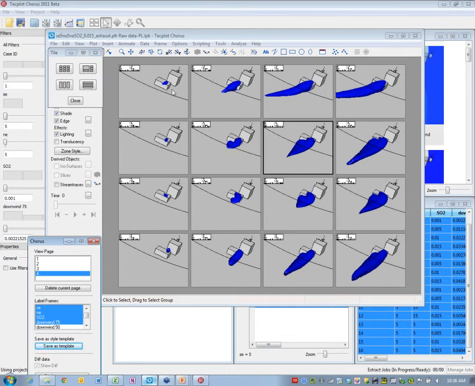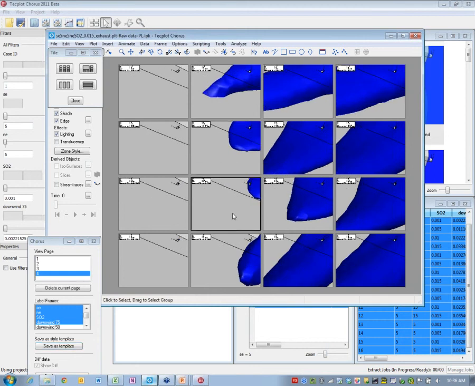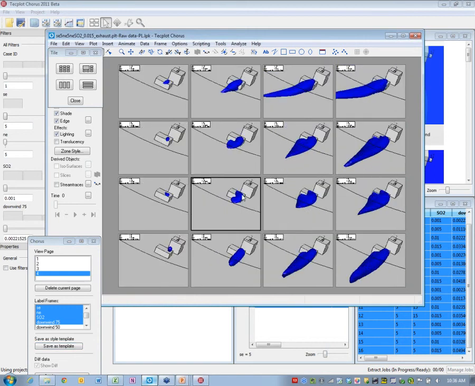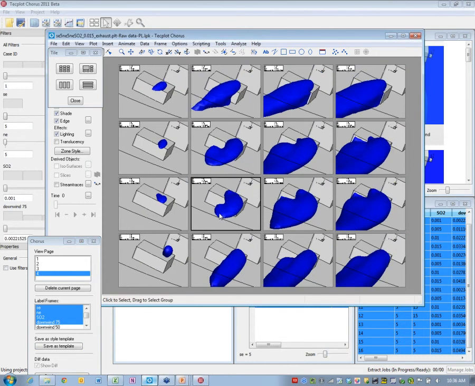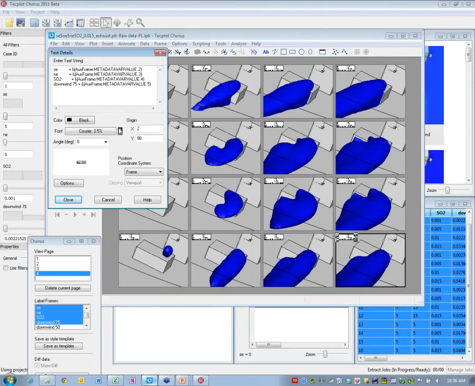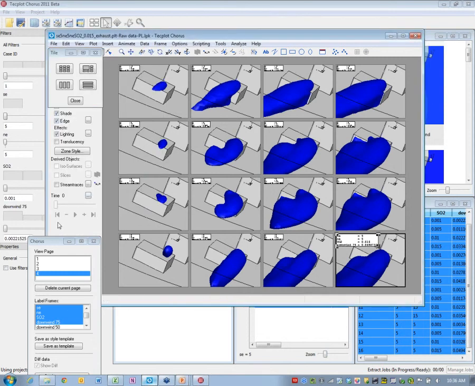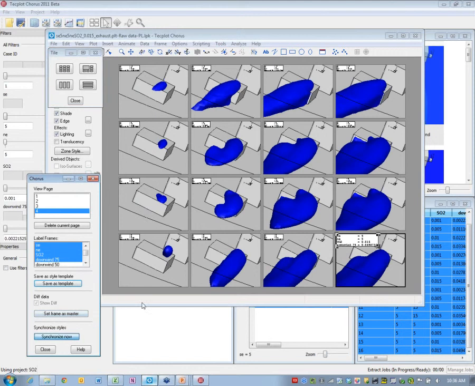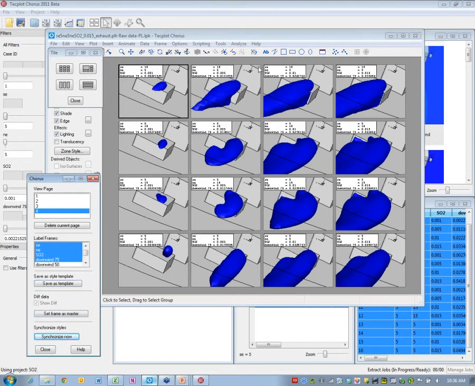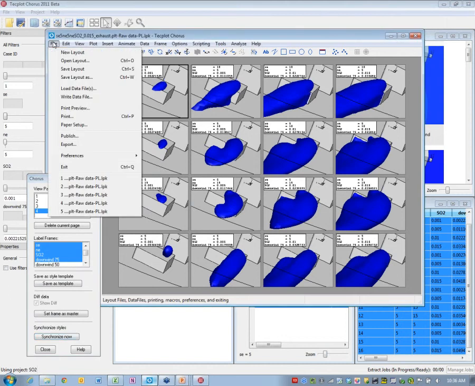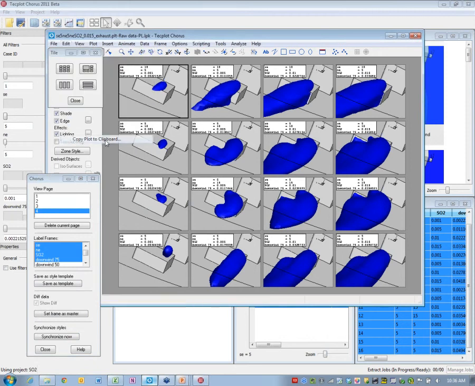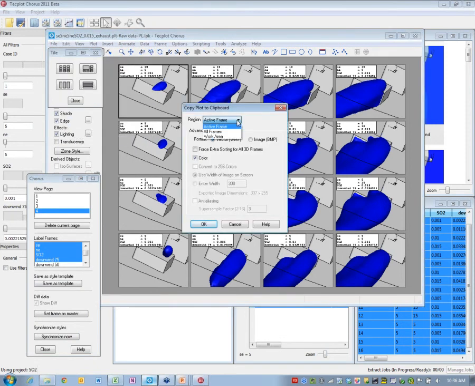Yeah, and you can also zoom or even change some of the styles on the surfaces if you wanted to look at other data. Sure. So if I decided this actually is an image that I wanted to use for, say, a group meeting, I may want to increase the size of the text. I'll close that real quick and just give this a quick synchronize. And so now what we have is an image that I can take directly out of my visualizer if I choose, which in this case I'm going to copy directly to the clipboard, and we'll put it into PowerPoint. And let's go ahead and grab all the frames,